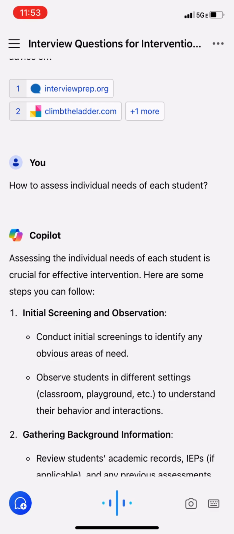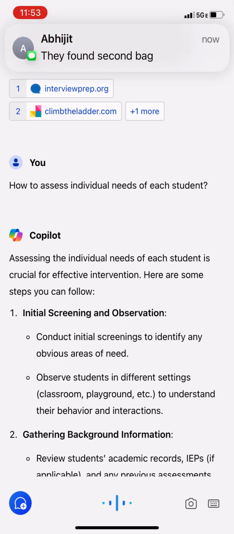Parent and guardian involvement. Involve parents and guardians in the assessment process to get a complete picture of the student's needs. Communicate regularly with them to share progress and gather additional insights. Data analysis. Analyze the collected data to identify patterns and trends. Use this information